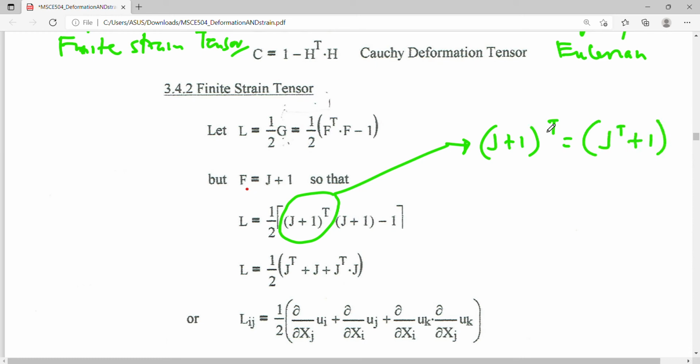Just like distributing here, J transpose, 1 transpose is 1, such that if we place it here and multiply, this becomes J transpose times J is J transpose J, and J transpose times 1 is J, and 1 times J is